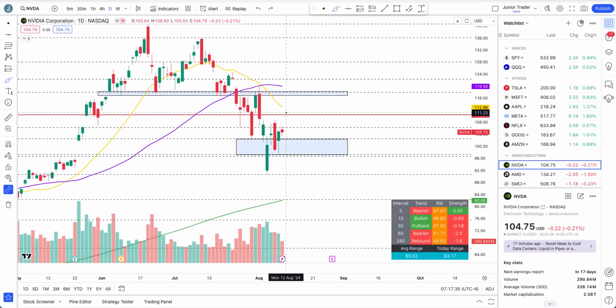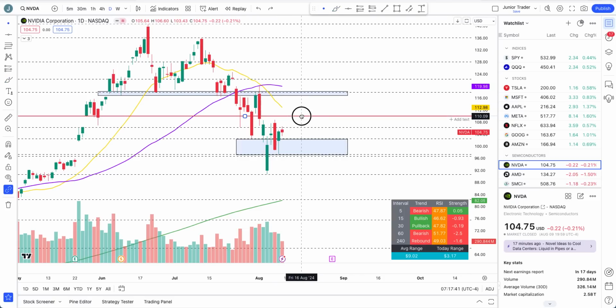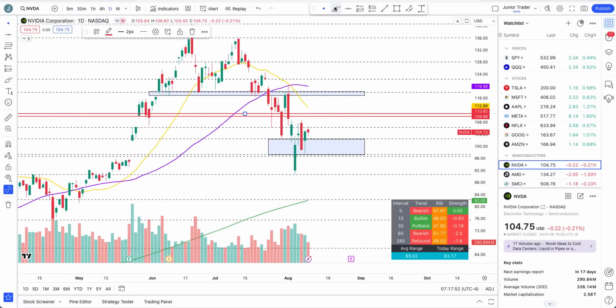So you are still playing this option. Okay, let's do 110, so that I don't mix up the things. And then let's do another one. Let me mark 111 here. We're almost there, right? So the 20 days moving average is going to be very close, guys, by Monday around this level. So you're still trying to trade the